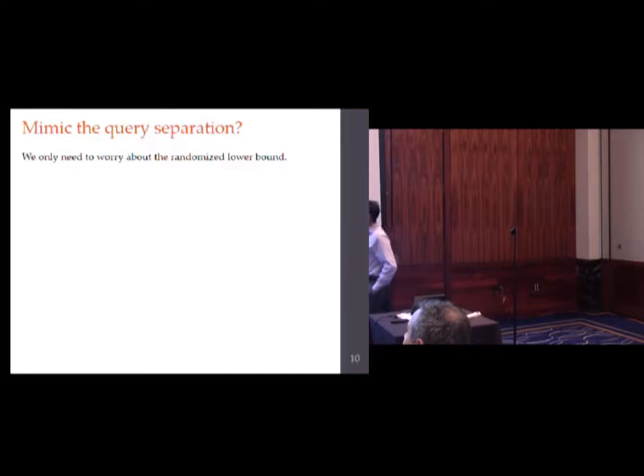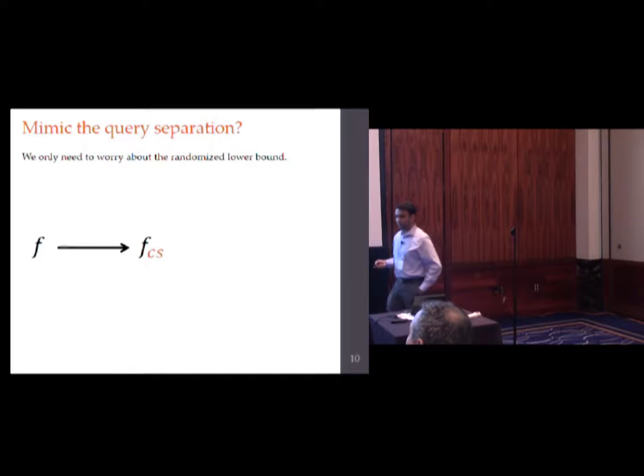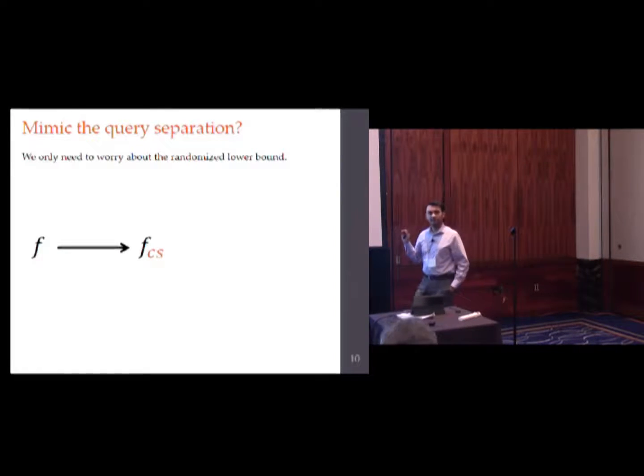So how does the separation work in query complexity? The query separation starts out with some very special function f, which I won't describe to you. But this function has the requisite separation property. Its complexity is 2.5 times bigger for randomized than quantum. But the problem is it's a partial function. It's not a total function. Then what you do is you apply the cheat sheet framework that I talked about from previous work, which converts the original Boolean function into a new Boolean function, which I'm going to call f sub cs, for cheat sheet. This function is going to be total and still have the same properties. So its randomized communication complexity is going to be lower bounded by this guy's randomized communication complexity. And that's going to give us our separation. OK, that's great.